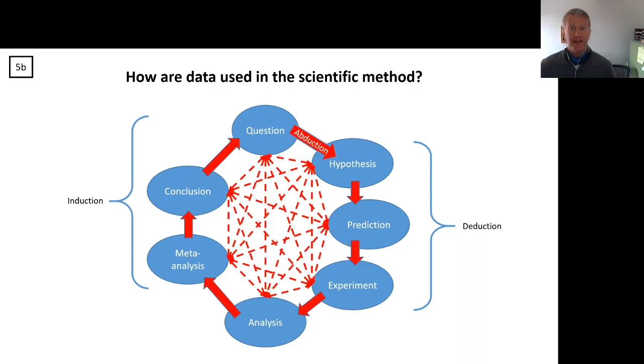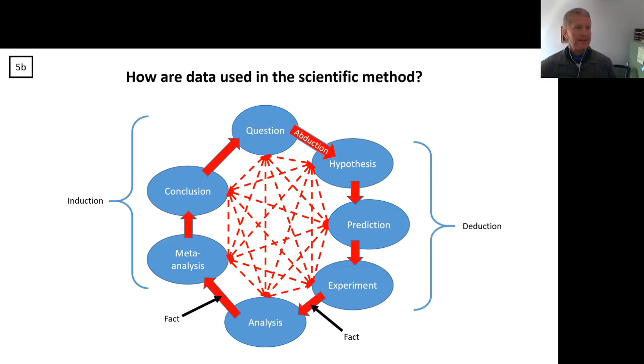So we all know that the way you write about science is not really the same way about how you execute science. So it's nice to show this in this nice clear-cut loop of logic, but really you end up jumping around all over the place when you're trying to actually execute science. You learn a lot when you conduct your experiment the first time. Sometimes you have to go back to your hypothesis again because you realize you can't really address your hypothesis with that experiment. There's all kinds of reasons that you can make all sorts of jumps in this loop, but I think it's still a useful model to help us think about how we communicate our science.